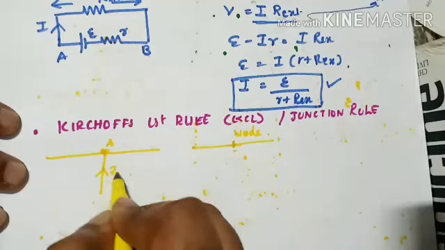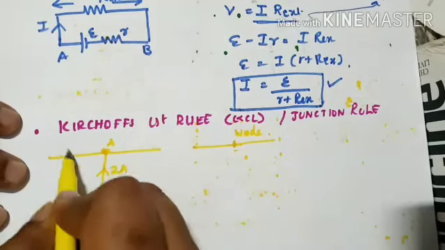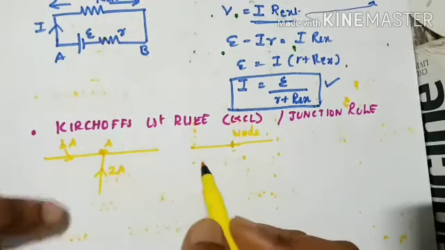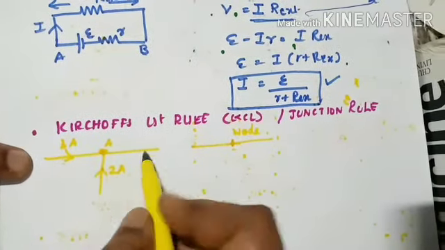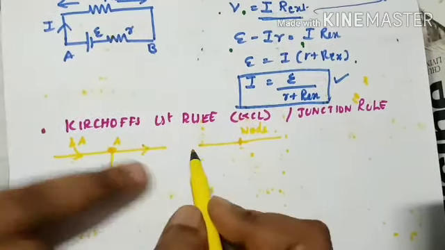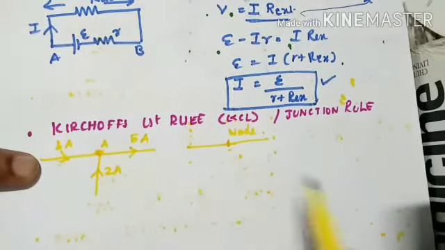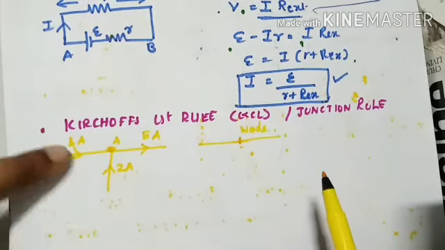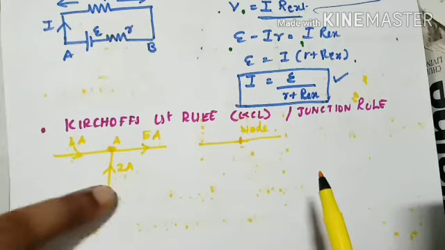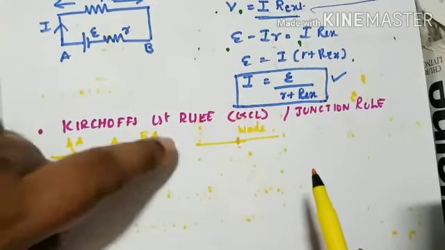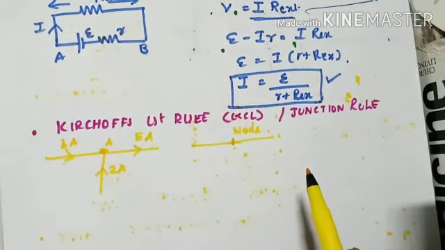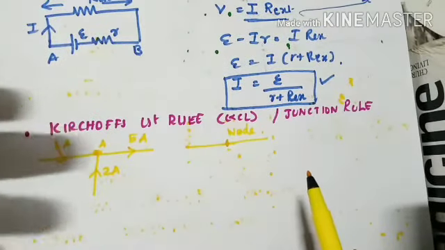See, 2 ampere current is going in and 3 ampere current is going in. So obviously this section should be what? These two are in, then this section should be out. And how much current should be there? 5 ampere. See, the sum of current, that is 3 plus 2, entering a junction should be equal to the sum of current leaving the junction. Clear? Very easy to understand this theorem.